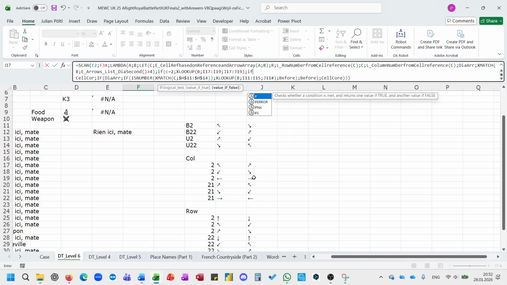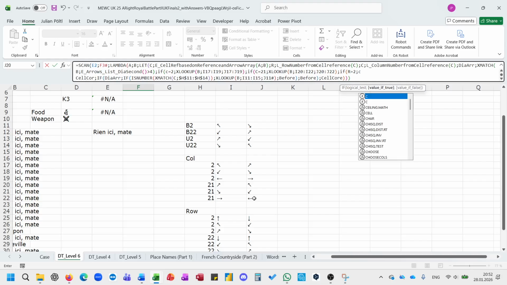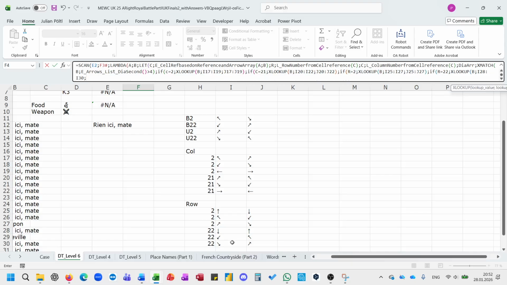If it's not true, then if C equals 21, XLOOKUP B in here, returning this. If R equals 2, then XLOOKUP B in here, returning this. If R equals 22, then XLOOKUP B in here, returning this. If otherwise B,